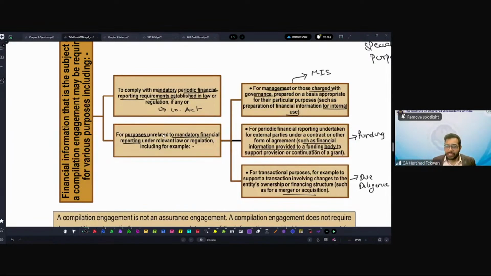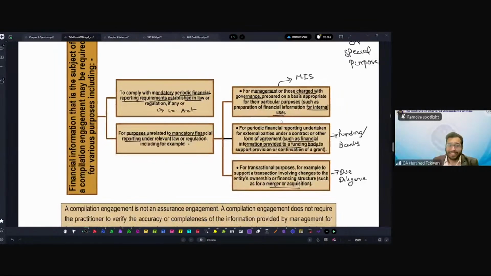So for any such reason, banks, financial institutions, or even in some cases they might be preparing in IFRS for external commercial borrowings. Anything can be there. So I'm not saying that it is only a general purpose financial statement based on Ind AS or AS. No, it can be anything. So whenever management needs the help of a practitioner in preparing financial information, and the practitioner assists management in preparation and presentation of financial information as per the applicable financial reporting framework, which can be general, specific, or any,